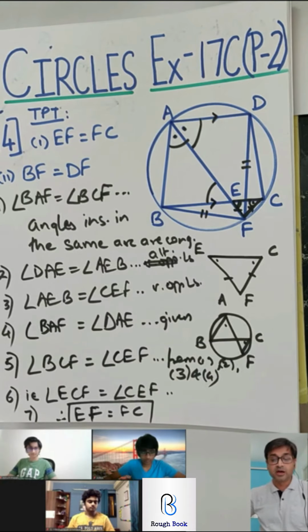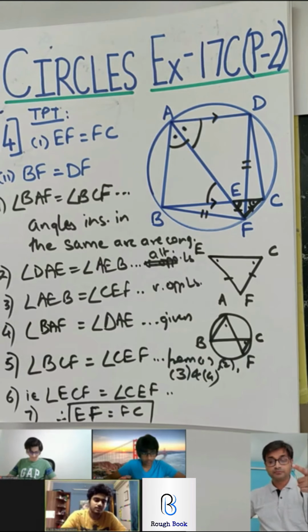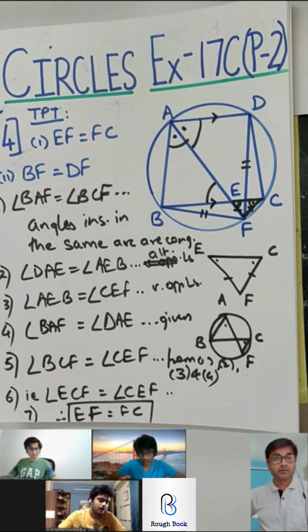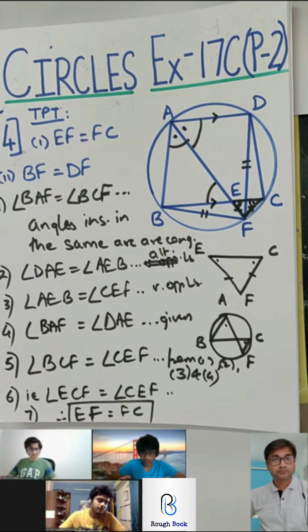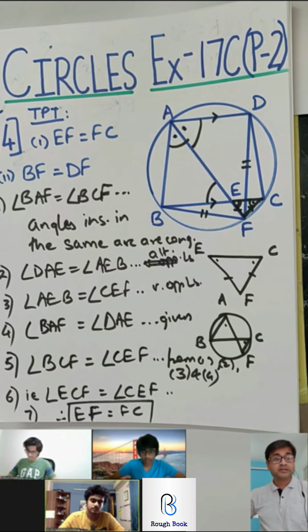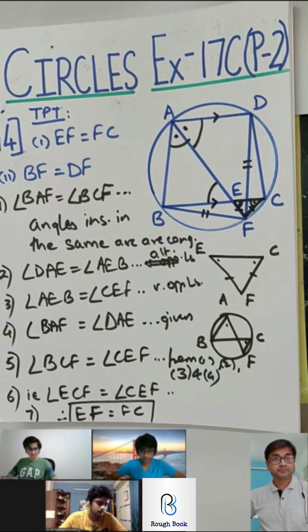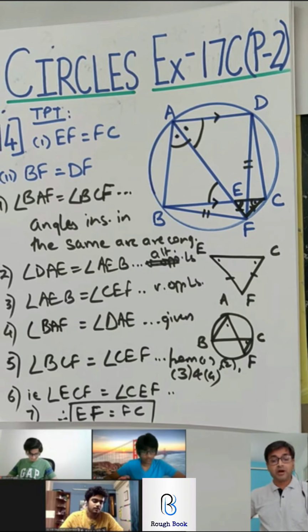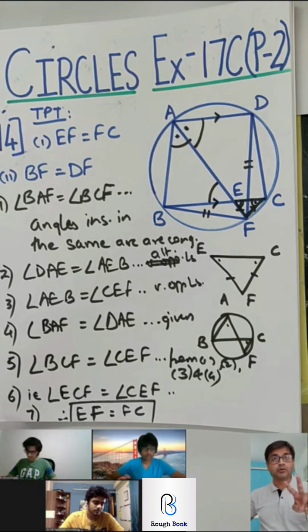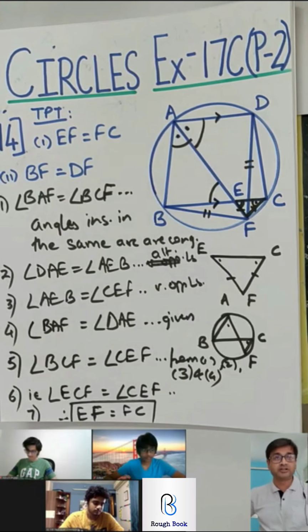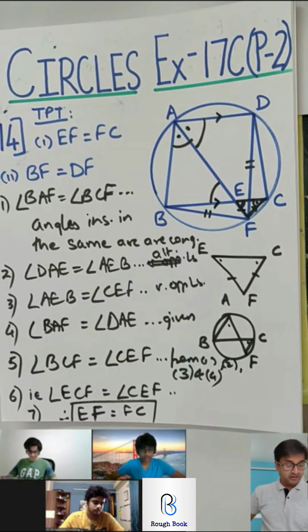Shubhan, would you like to repeat this? How will you prove BF is equal to DF? Step 1. Sir, actually, I have a question about this. Yeah, tell me what is the question? How do you know that angle BAF is equal to angle DAF? It's given in the question already that AF is the bisector, and therefore those two angles are equal. Got it? So since the two angles are equal, therefore two arcs are equal, and since arcs are equal, therefore the chords are equal. Okay, so let's write the last 3 steps.